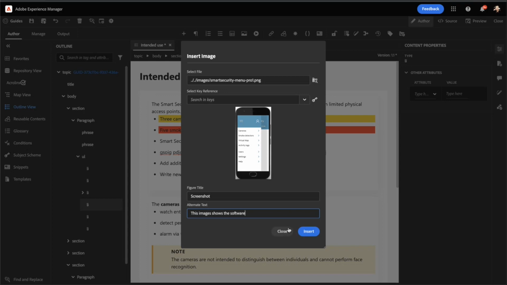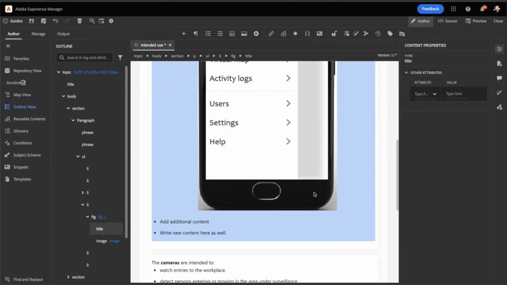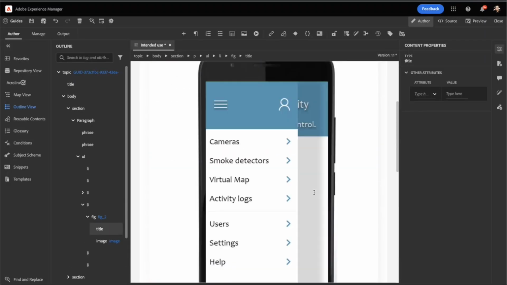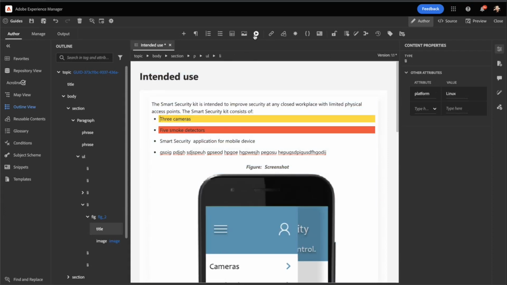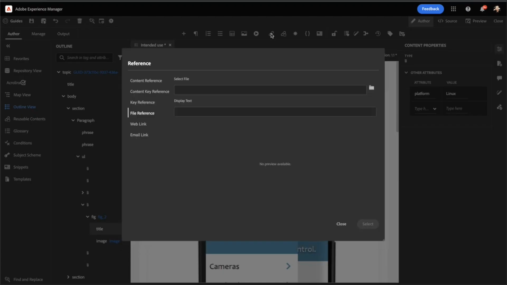Accessibility content, and then I can insert that topic into my DITA topic here. So very easy authoring and editing, but there's a lot more in there. I can also insert audio files, video files, YouTube videos, Vimeo videos. Of course, I can create cross-references inside my document or to some other document in my DITA map, or even